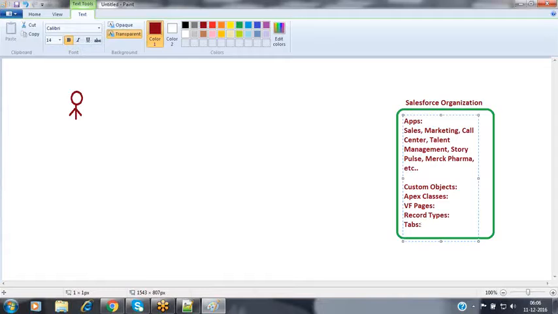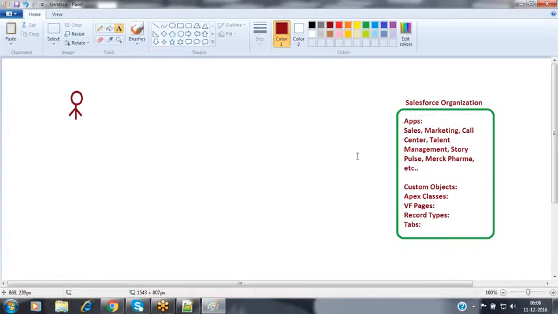All these features are configured inside my Salesforce organization. Some custom objects are also available here.